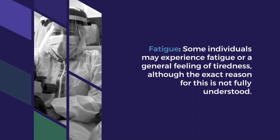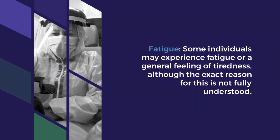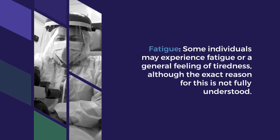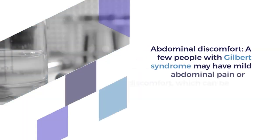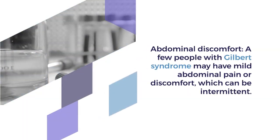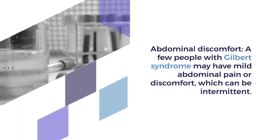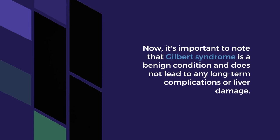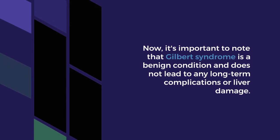Fatigue. Some individuals may experience fatigue or a general feeling of tiredness, although the exact reason for this is not fully understood. Abdominal discomfort. A few people with Gilbert syndrome may have mild abdominal pain or discomfort, which can be intermittent. Now, it's important to note that Gilbert syndrome is a benign condition and does not lead to any long-term